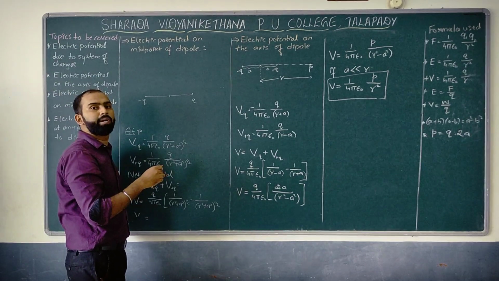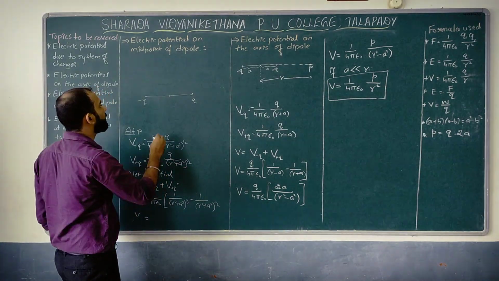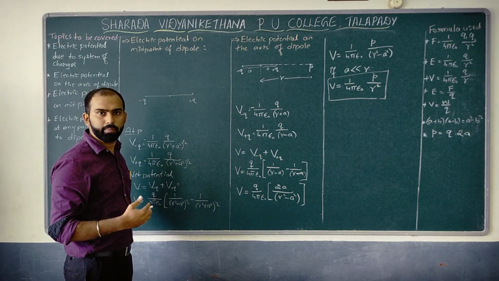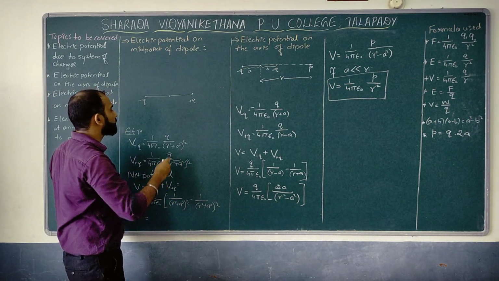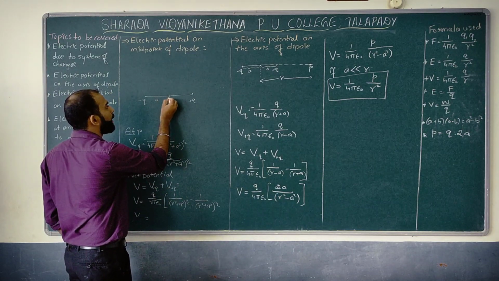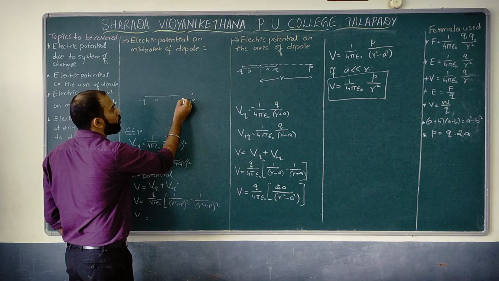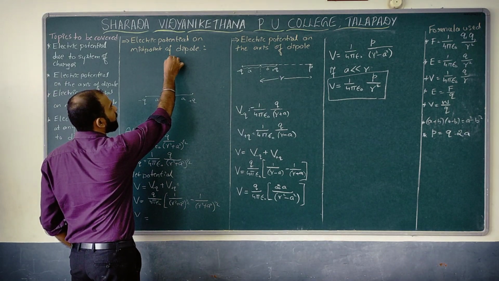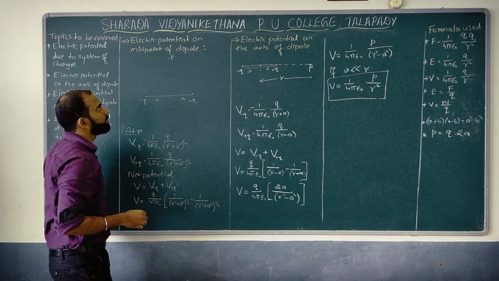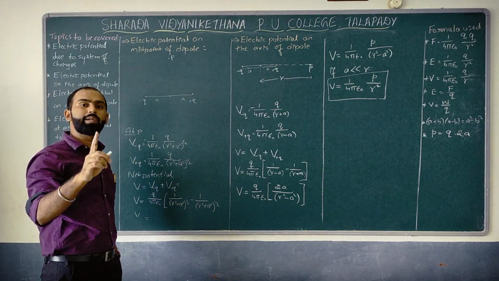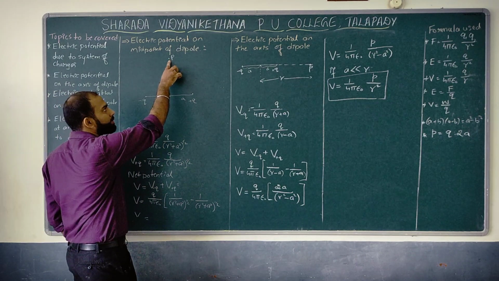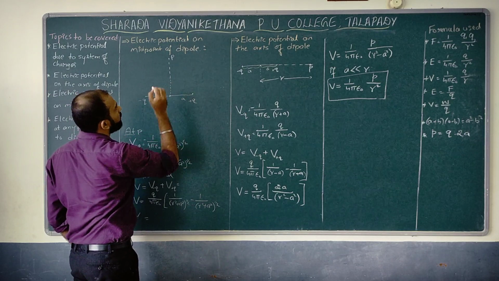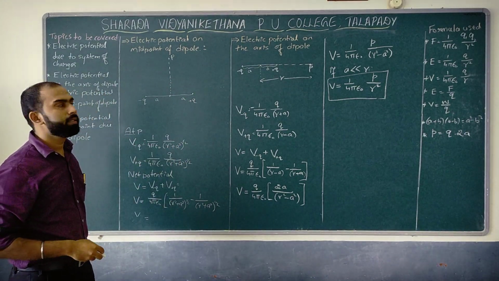But they didn't mention the midpoint on the axis, correct? Your job is to take, by the way, what should be the distance between the two charges over here. Obviously it is a dipole. Can I say the distance from the midpoint to here is A, and from the midpoint to plus Q is A? You keep a point P over here, and your job is to find the electric potential at this particular point, which is a midpoint with respect to this dipole, correct?